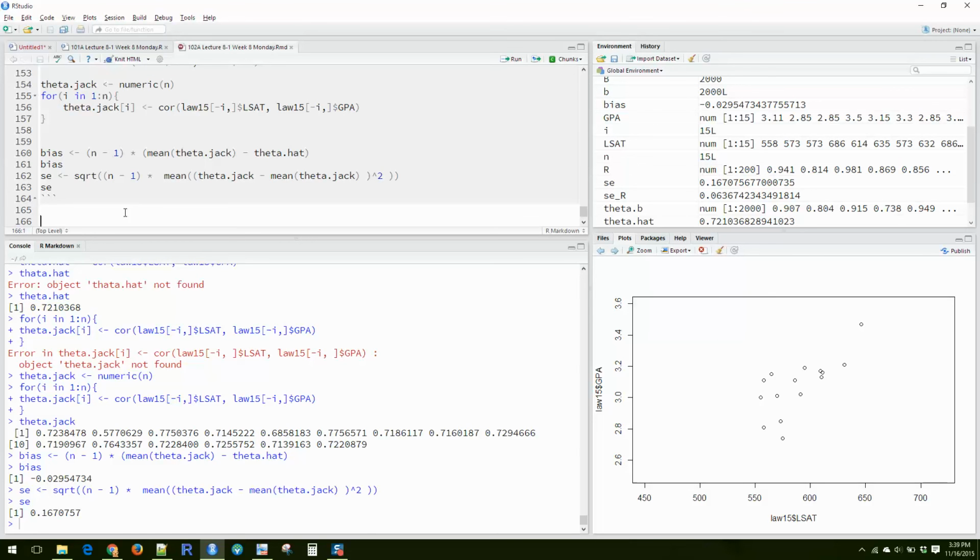So is one better than the other, Bootstrap versus Jackknife? And the answer is no. You can't really just say one is better or worse than the other. You can also combine the two methods, and they call this Jackknife after Bootstrap. And I know, it's just like, what? So straightforward. I know. I didn't finish writing the code for this, but the idea here